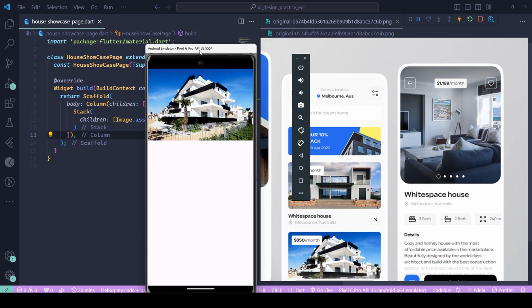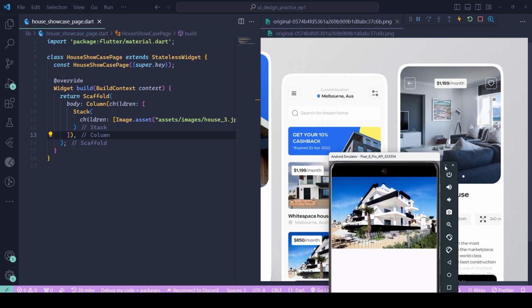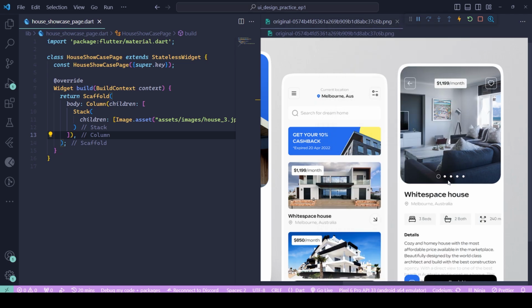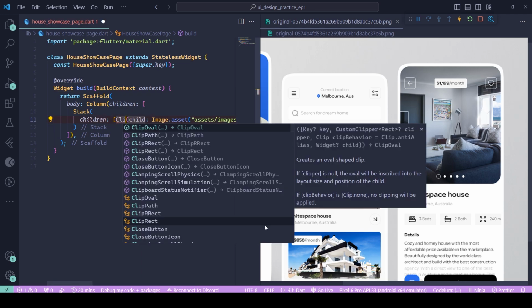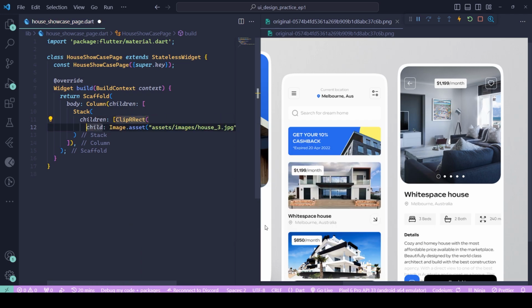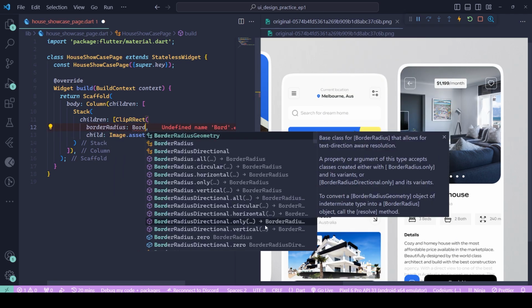Okay, we have the picture over here, and this is the picture for the house, and let's give it the height it needs. Actually, first let's just wrap it with a ClipRRect widget. So wrap it with widget, the widget is ClipRRect, and then inside it we can set a border radius. So border radius,